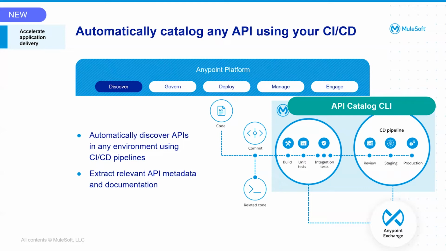This plugin can be dropped into a CI/CD pipeline, and it extracts the relevant metadata and documentation and catalogs the API directly into Anypoint Exchange. This creates a much more scalable solution to the problem of people not knowing what APIs exist and how to interact with them. Beyond the basic cataloging, it also supports diverse protocols like Async API or GraphQL,